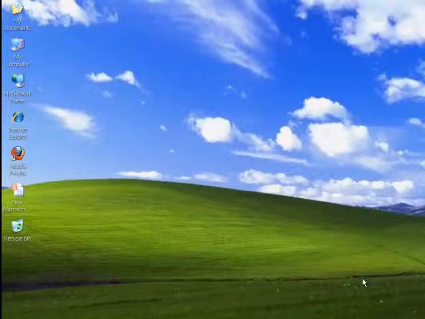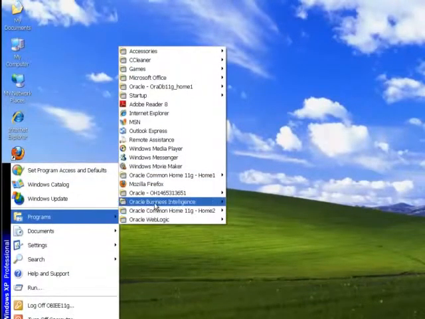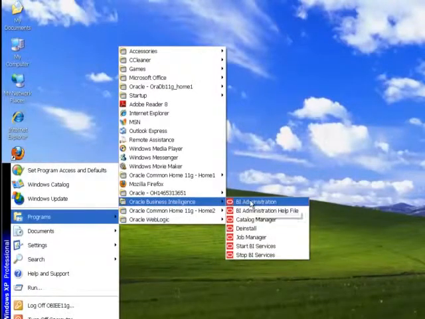In this video, I would like to demonstrate how to build a basic repository using Oracle Database as a source. In order to build a basic repository, we need to use the Oracle BI Administration tool. To start with, from the Windows Start menu, click on Programs, click on Oracle Business Intelligence, and then click on BI Administration. The Oracle BI Administration tool will be opened, and using this tool we are going to create a basic repository.